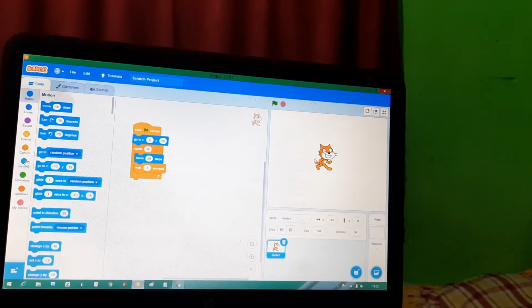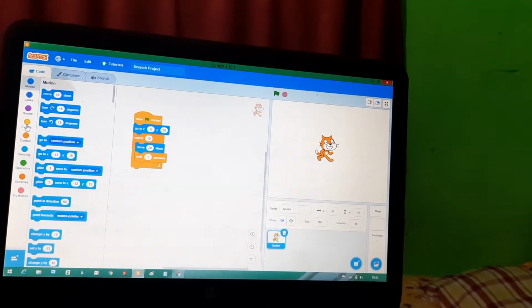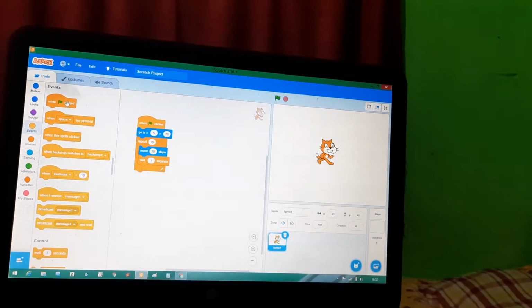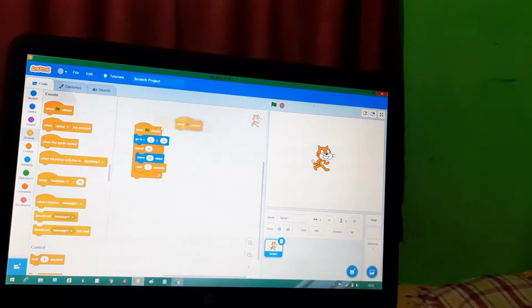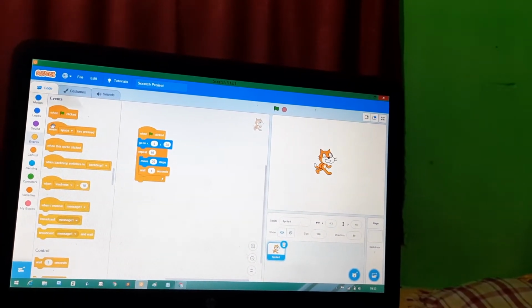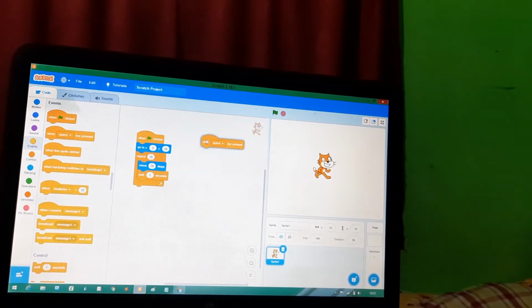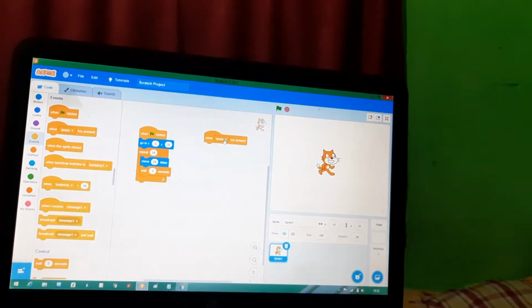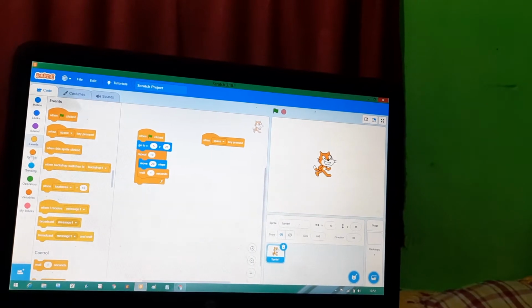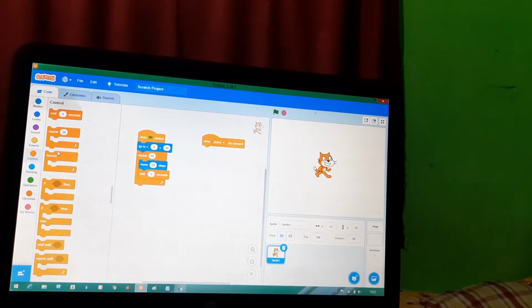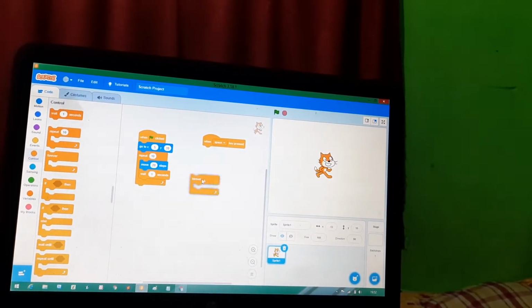Once we have used forever, again for revision purposes I am just showing you. Already one when flag clicked is given, so it will become confusing. So I am taking this one, when space bar key is pressed. Then from the control block, I am using the forever block.